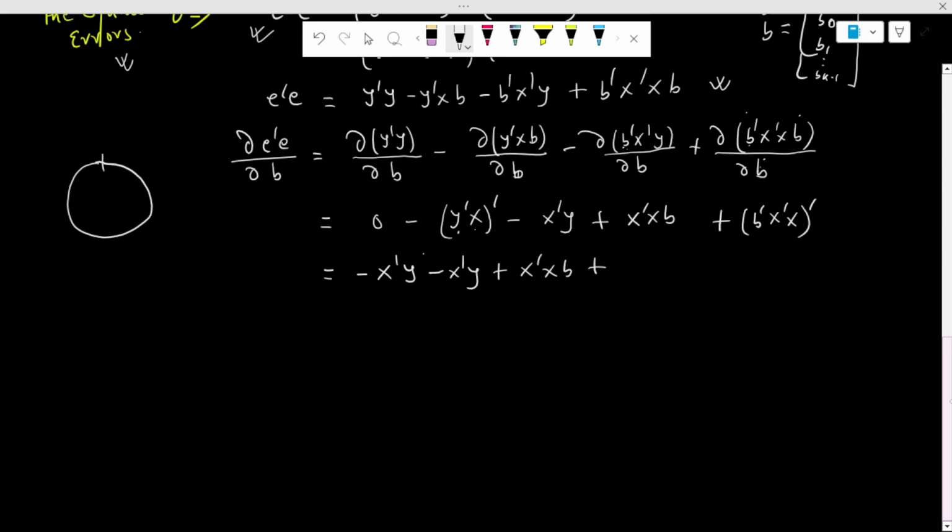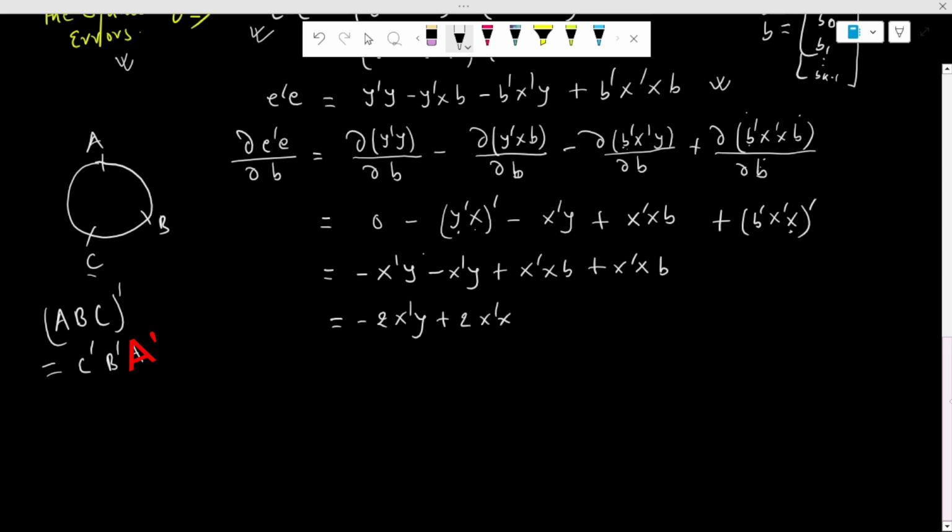This follows the cyclic rule, so let us write here A, B and C. In the clockwise direction beginning from A, we have (ABC) transpose. So this is equal to, from the anti-clockwise direction beginning from C, C transpose B transpose A transpose. If we apply this relationship, C is X, so it is X transpose, B is X transpose, so the transpose of it is simply X, and our A is beta transpose, so the transpose of it is beta. So this is equal to minus twice X transpose Y plus twice X transpose X beta,